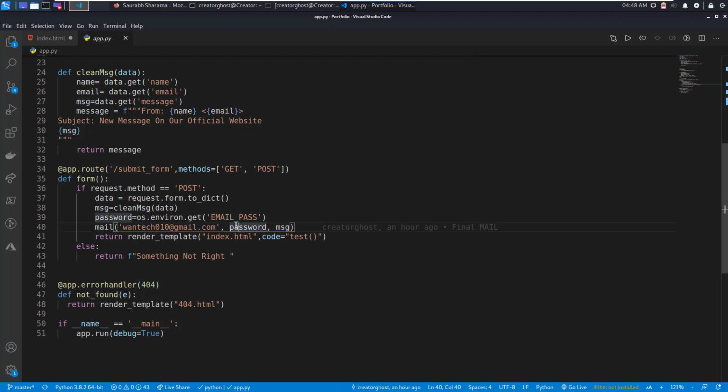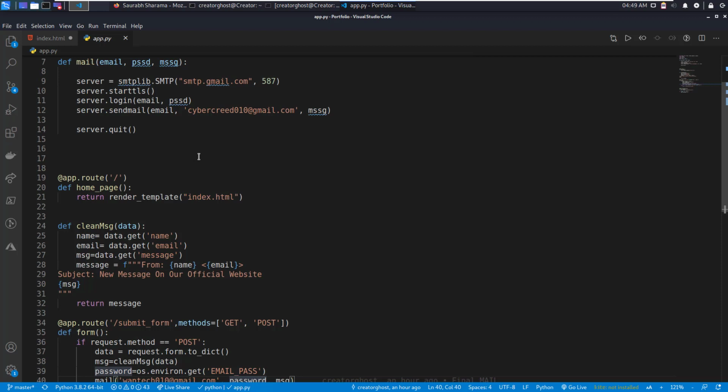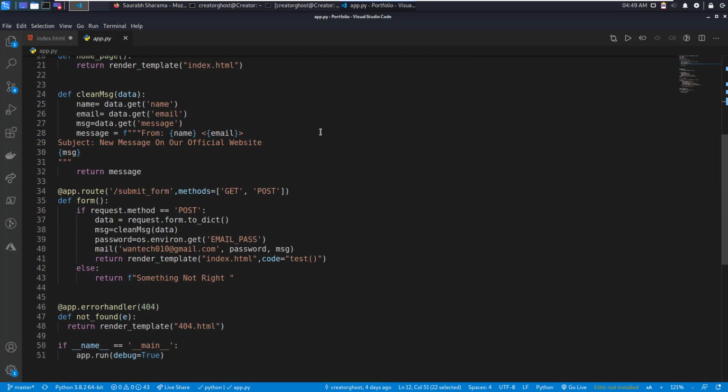Once the password is sent to this function, the mail function sends the mail to our email ID, that is cybercreed@gmail.com, and we are going to receive the message there.